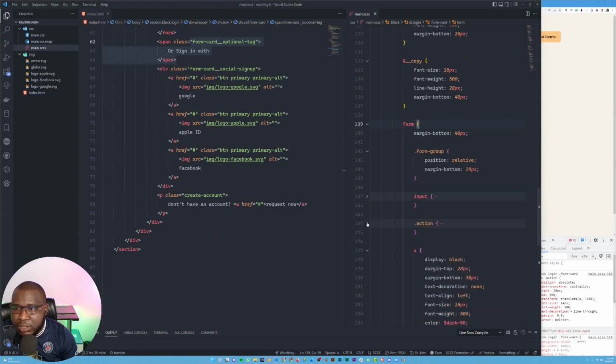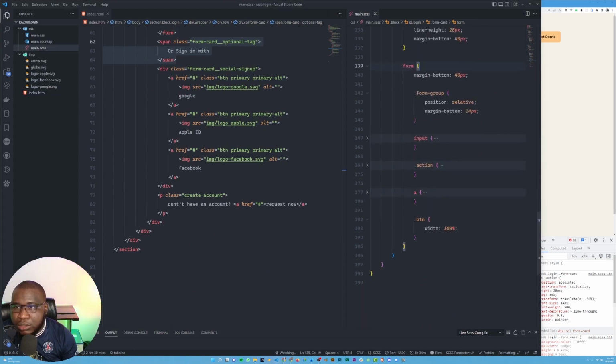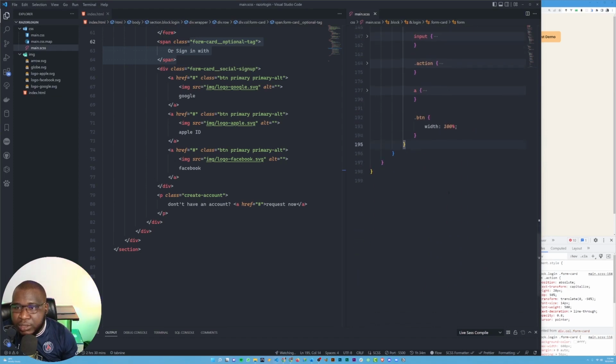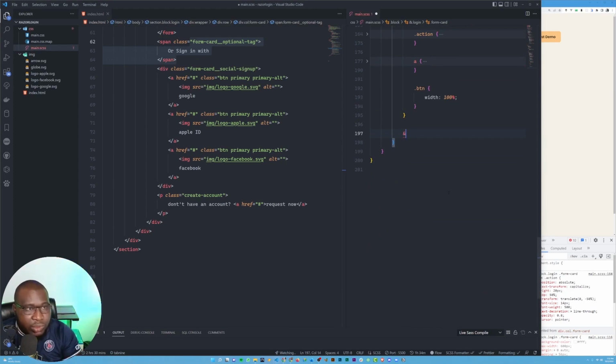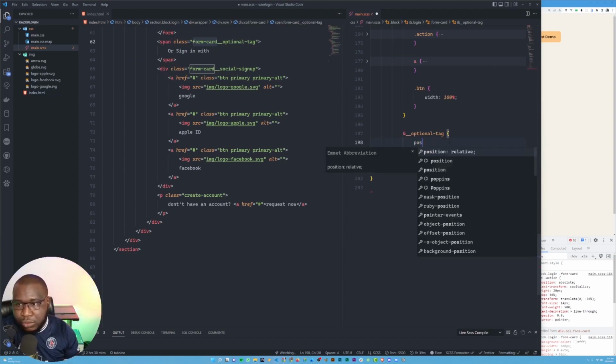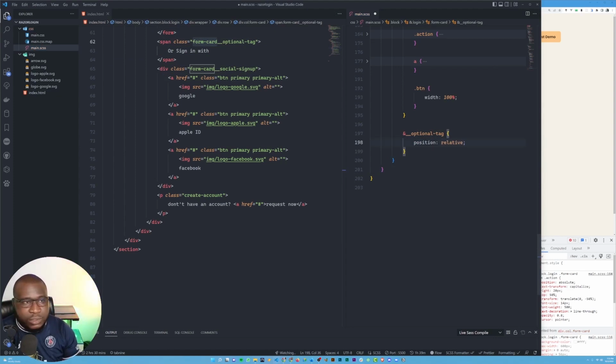I broke them down so that you can see well. So just after the form here, we'll come down and type optional tag. Remember, it inherits the first part of the parent's name, which is form card, with the ampersand. So for the optional tag, we'll set position to relative and width to max content,